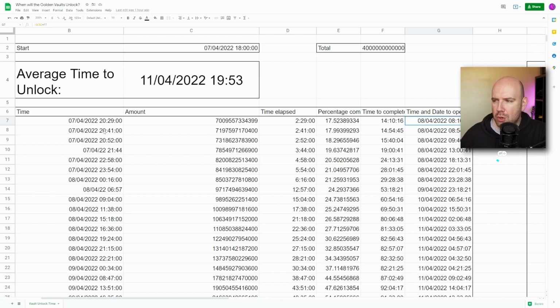Then I started making more recordings, and you can see all of these are just like 12 minutes apart or 11 minutes apart, and I realized it was actually slowing down. So the percentage complete wasn't going up very much, and this working out of how long it should take to complete and when it'll be finished by was getting further and further away,